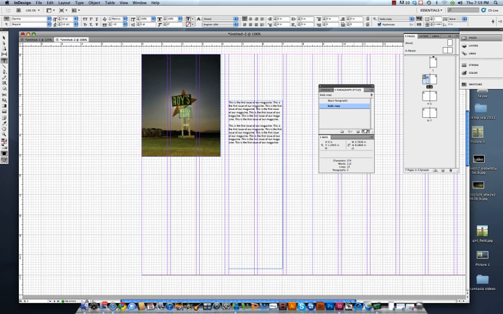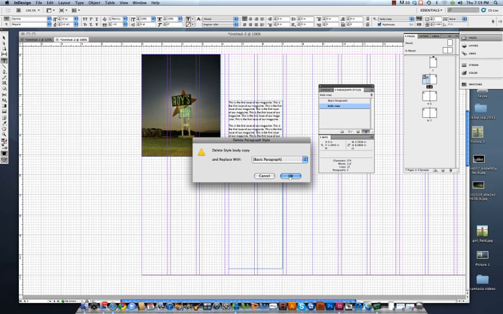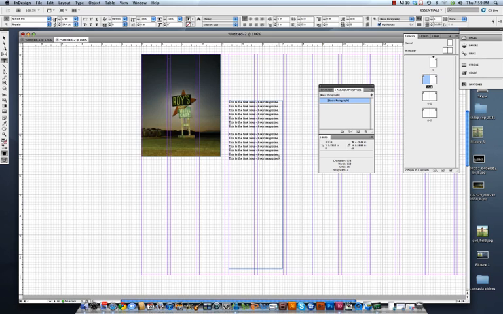Let's delete this paragraph style and make everything as this is the first issue of our magazine. Typography class. If I copy and paste some of this text right here,